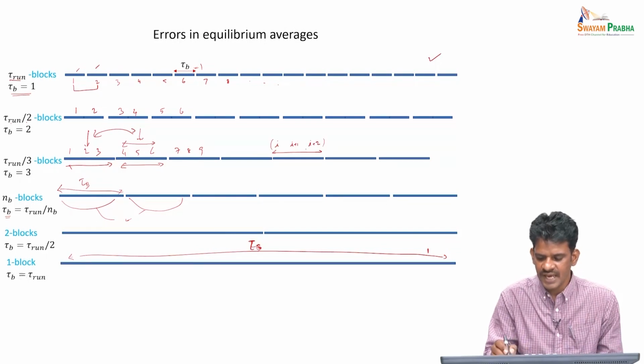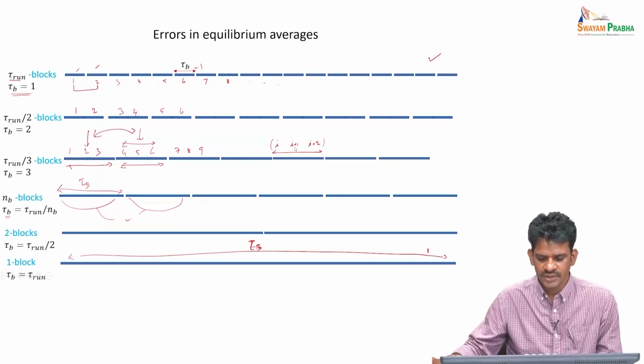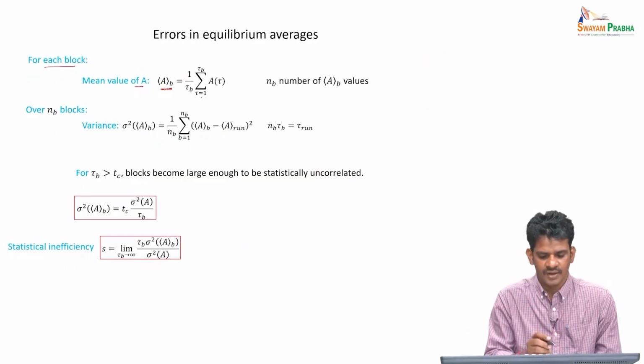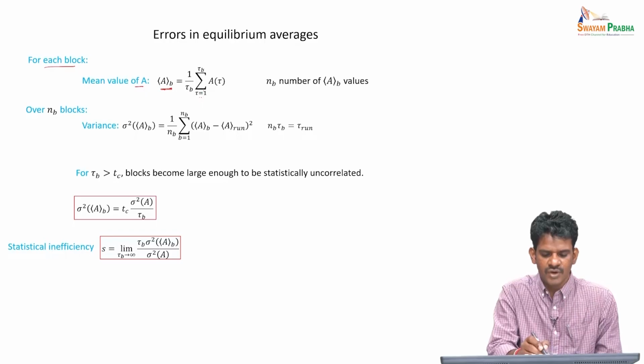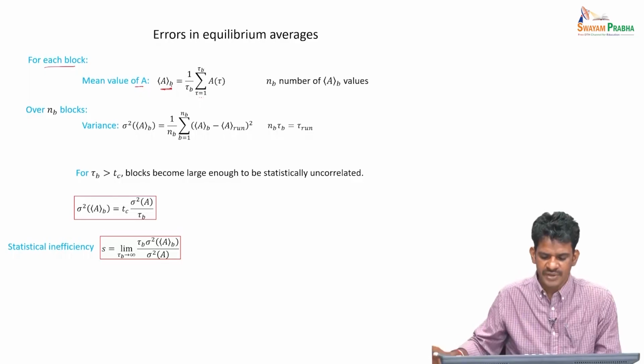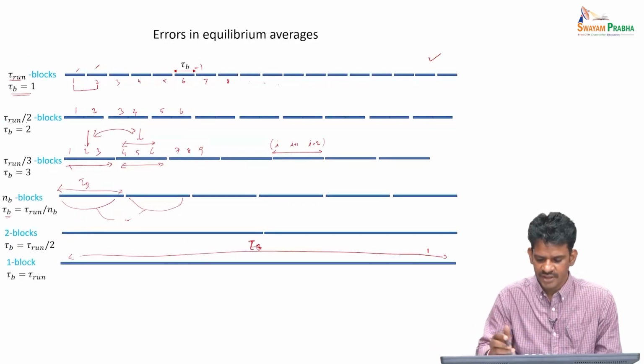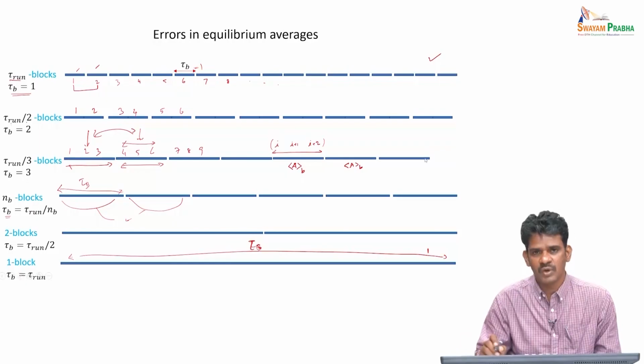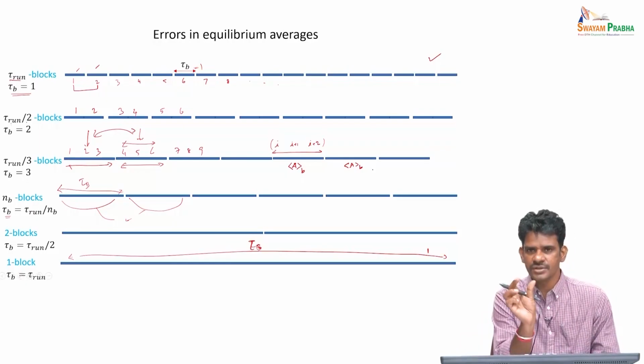So in this case, we are going to average over these 3, and that is what is given as the mean value of A at that particular block. So this is basically going from 1, 2, 3, and then we sum, then we divide by 3. That will give us one mean value for this particular block. So we'll have A at I, and similarly A at B. You can see for each of these blocks, we can get the mean value based on the small segment.